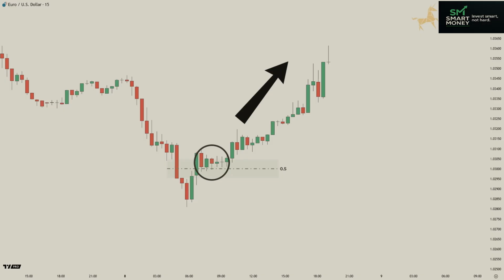As I mentioned earlier, not all fair value gaps are created equal. Some are far more likely to result in